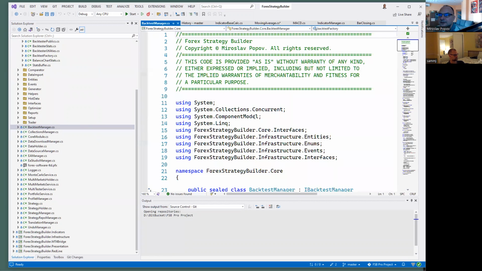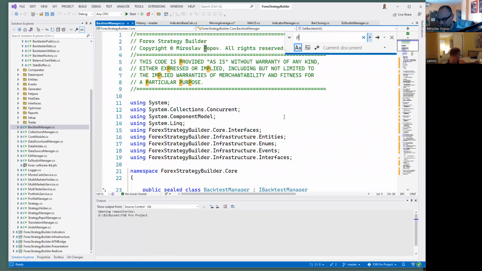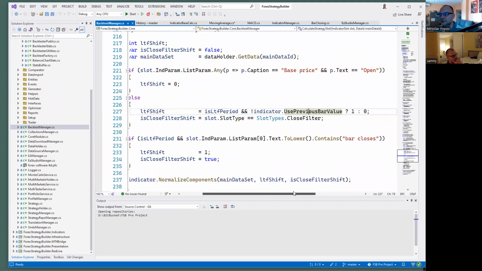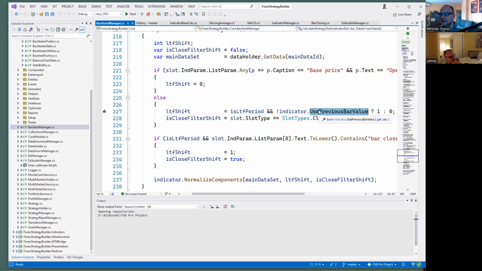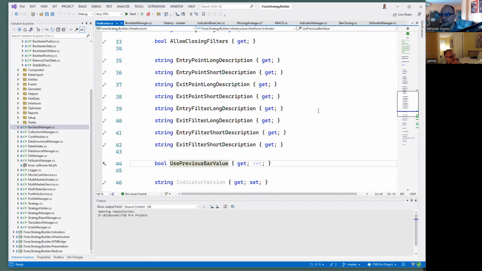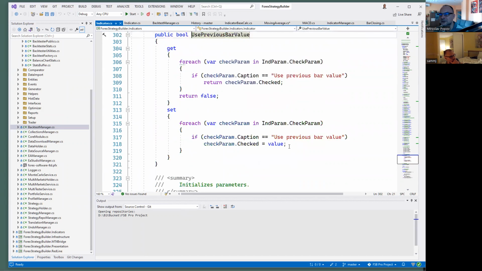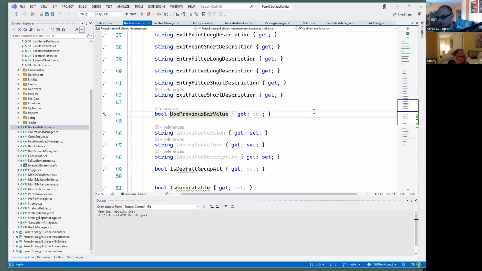Backtest manager. Use previous behavior. Indicator use previous behavior. Is this on? No, this checks if the checkbox is checked. Backtest manager. But who checks the checkbox? I'm sure I saw a get and set there. Where did I see that? That's the get and set. Oh yeah. So that's